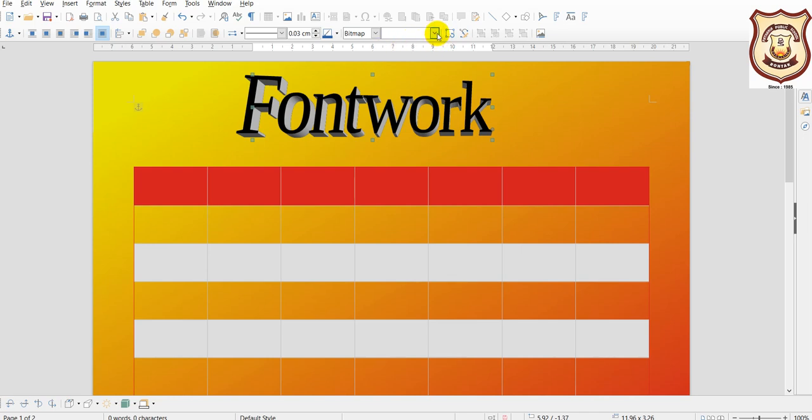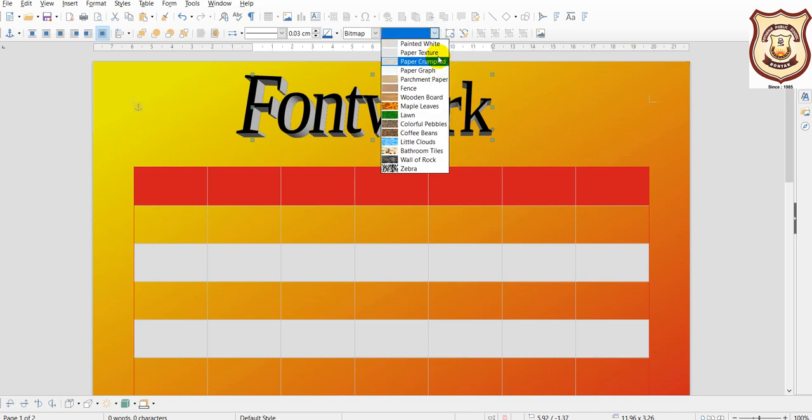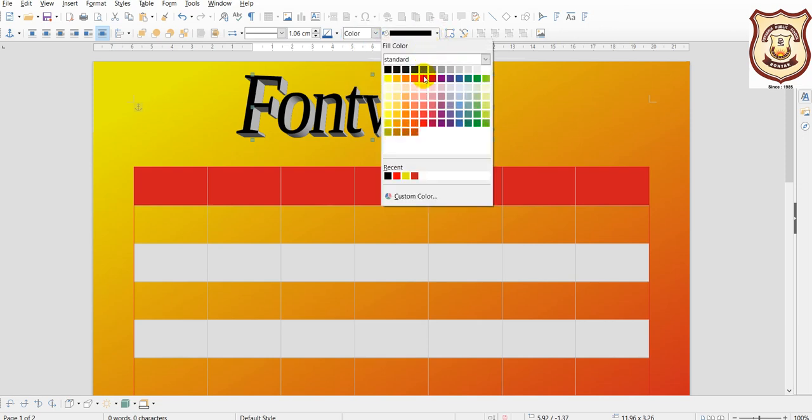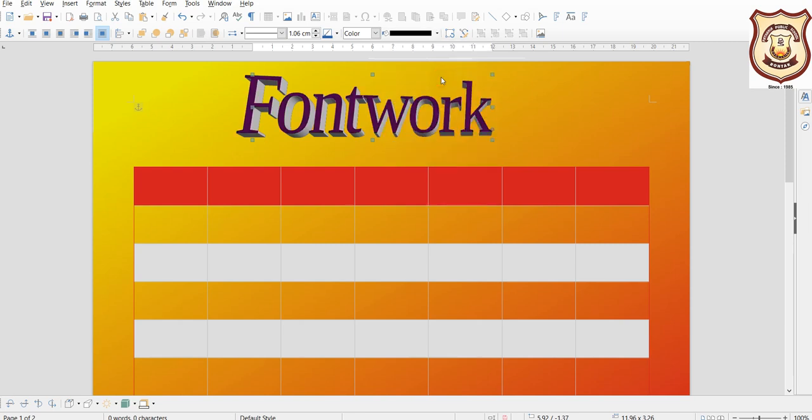Fine, so if you want to increase the width of it, fine, you may. So we'll be clicking here and selecting the color here. Okay, then we may select a different color scheme as per our convenience.